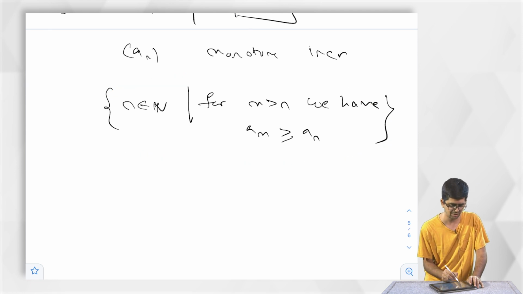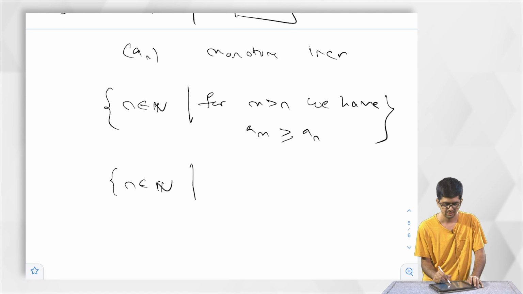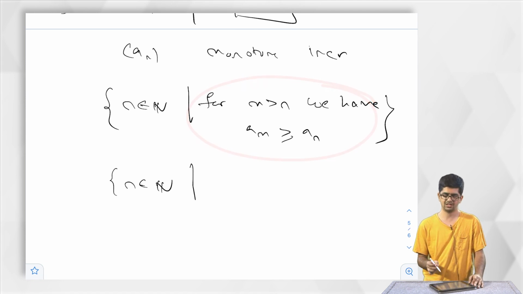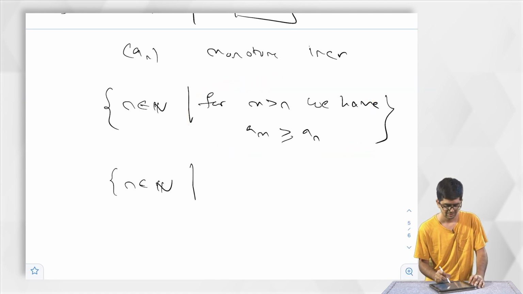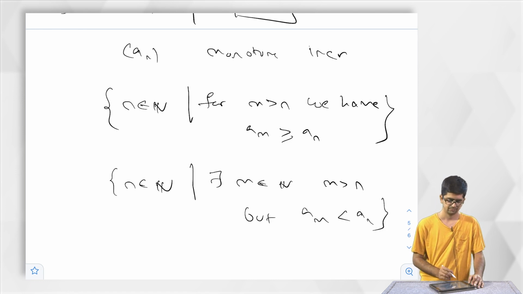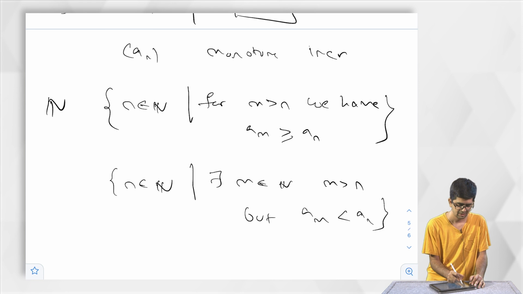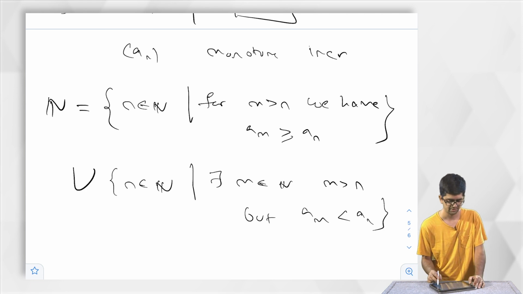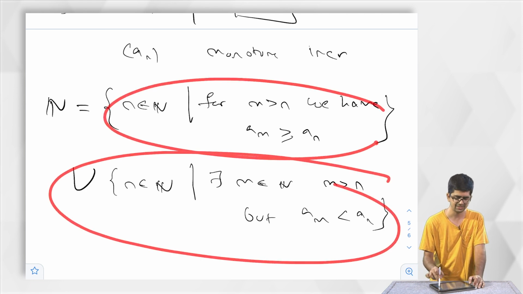Let us write down the not nice set also. n belongs to N such that this does not happen, which means there exists an m belongs to N with m greater than n, but a_m is less than a_n. So N is the union of these two sets.